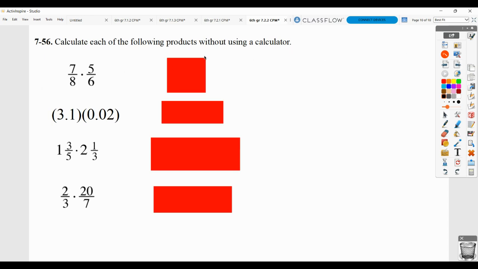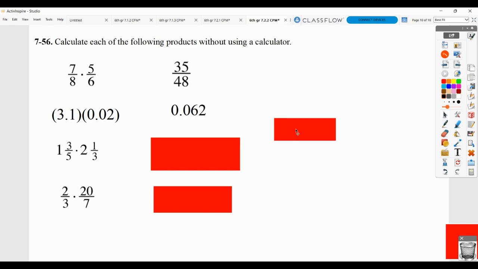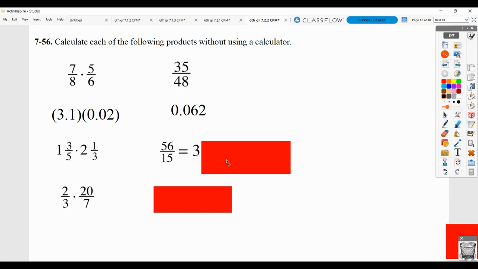Here, again, without a calculator, make sure you're showing your steps, showing your work. So for the top one, you cannot simplify, so you get just 35/48. Here, I should see that you multiplied and then placed your decimal point 3 places in from the back to get 62 thousandths. Here, I should see that you changed them first to improper fractions, 8/5 times 7/3,